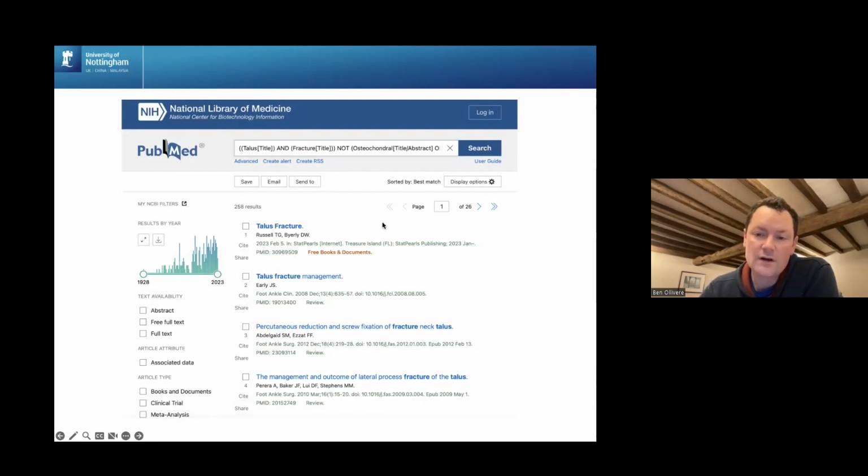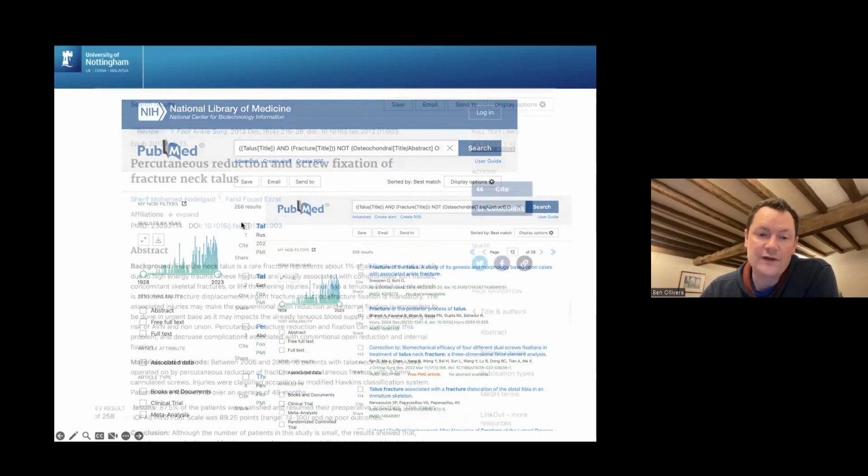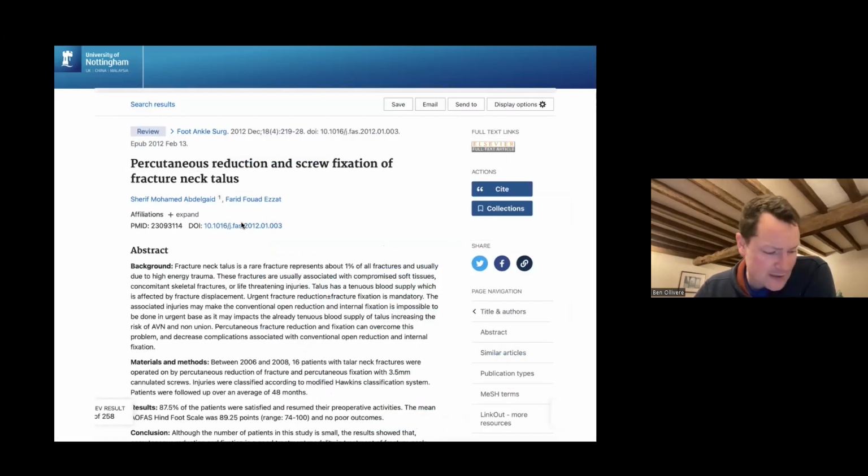And if you look, this is page 1. By the time I get to page 12, these are still pretty relevant articles. So simply by producing an advanced search term in a library piece of software, you can get much more relevant results out. The other thing, final thing, I guess, on library-based software is that when you find an article that you want,